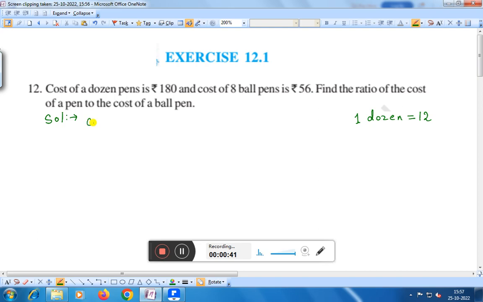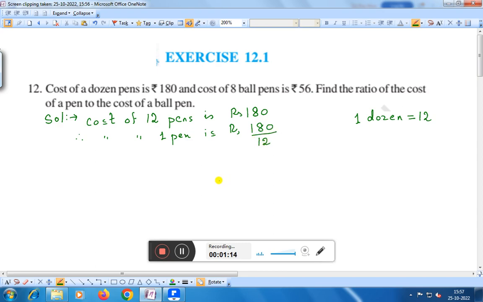Therefore, the cost of 12 pens is rupees 180. Therefore, the cost of 1 pen is rupees 180 by 12,